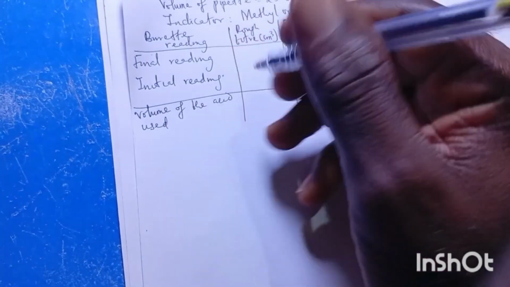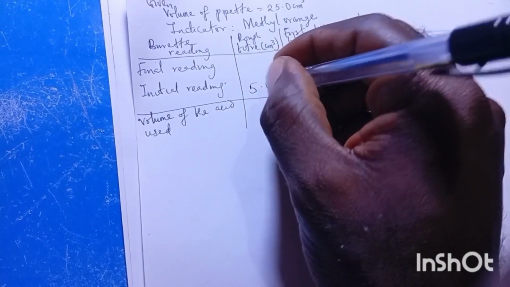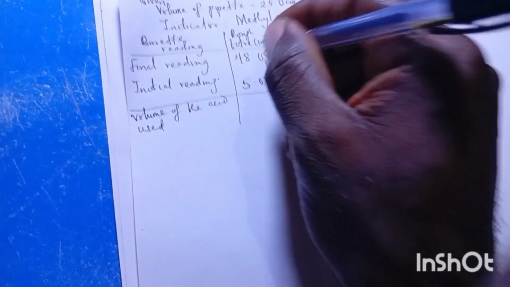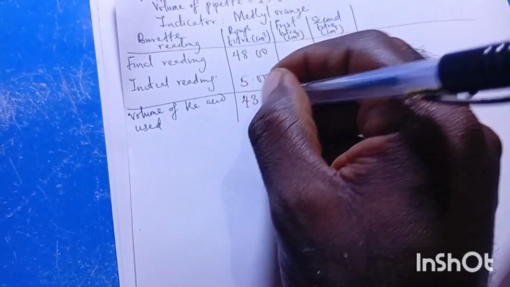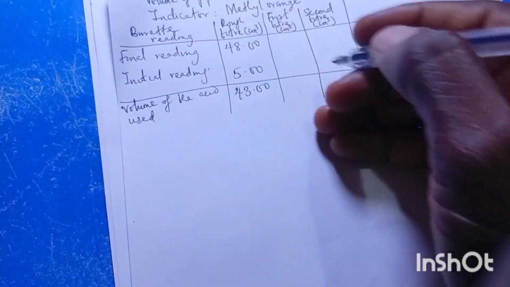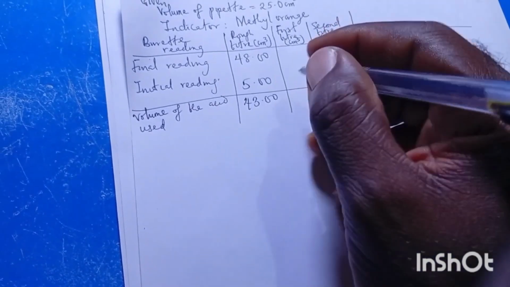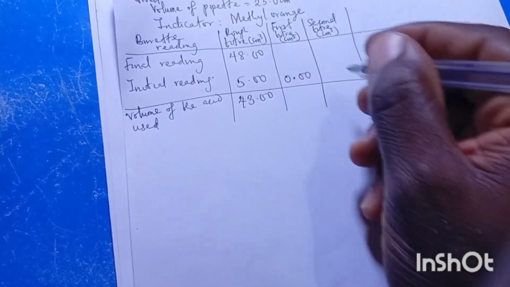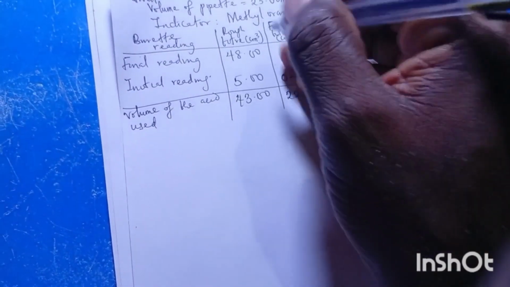Rough titre, I don't need it, so I can put any value there. Let's assume I'm putting just 5.0, and here I'm making this place to be 48.0. Maybe if I subtract, I'll be having 43.0. I don't need it. Now these are the 2 columns that I need, so I need to prepare very well. If my initial value is 0, definitely I'm working on 22.60. In this place I have my